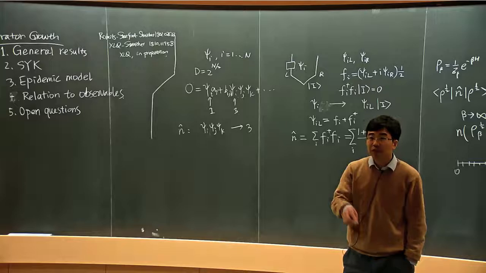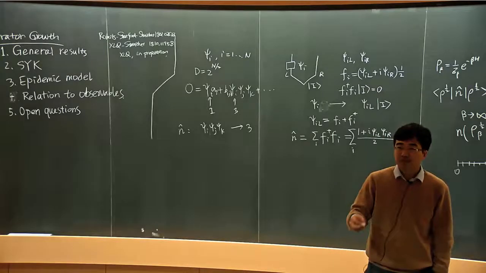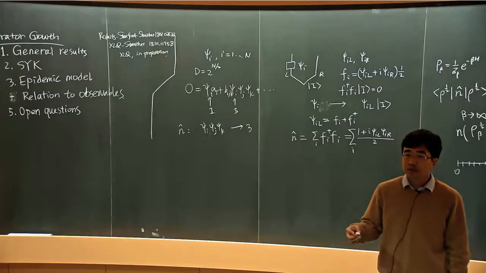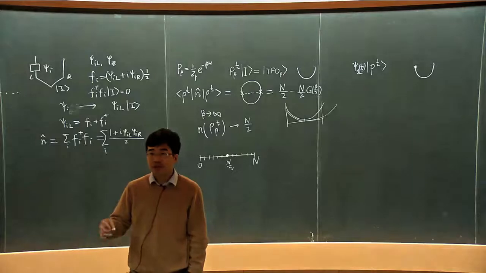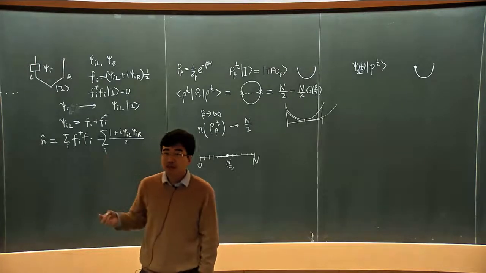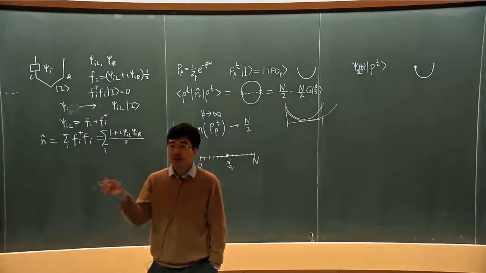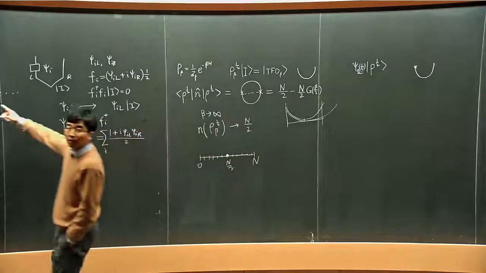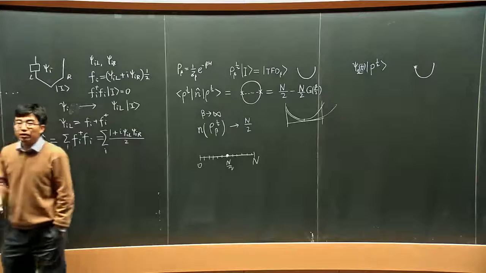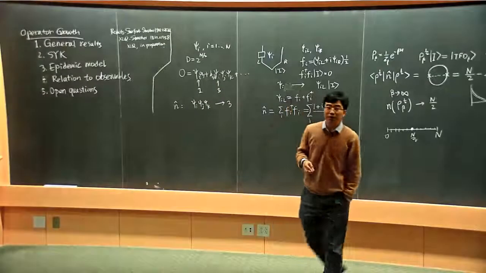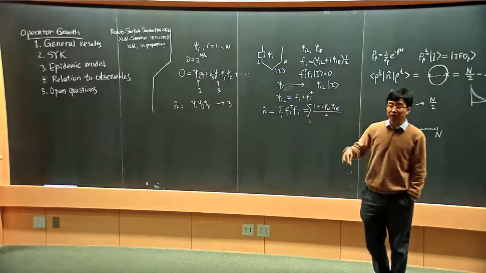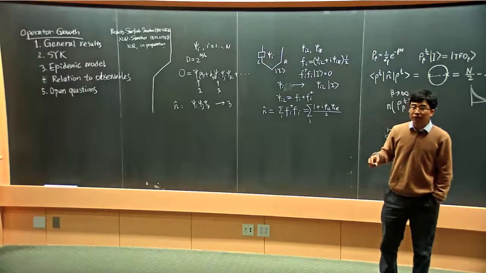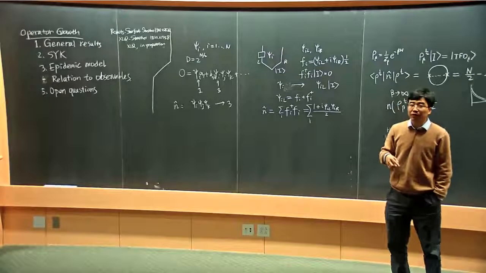Yeah, you have to first... I don't think there is any way to specify size of operator that's basis independent, because if you look at the SYK, then everything is the same. So all these operators square to 1 or minus 1. Exactly. So I think they can all be transformed to each other. Right, so all the notions about simple versus complicated operators need to first define a Hilbert space tensor factorization.